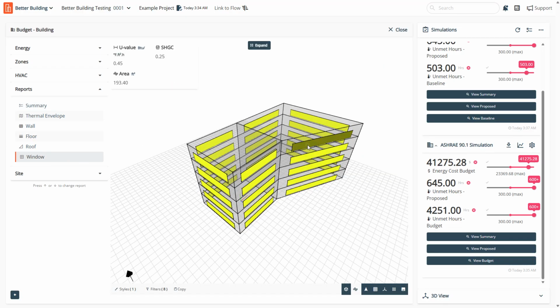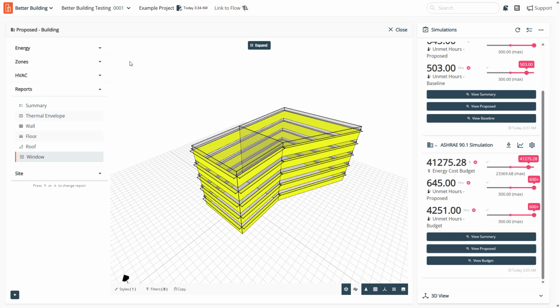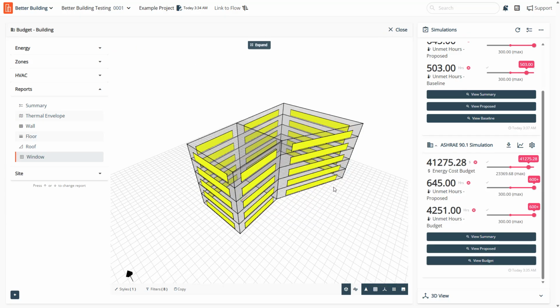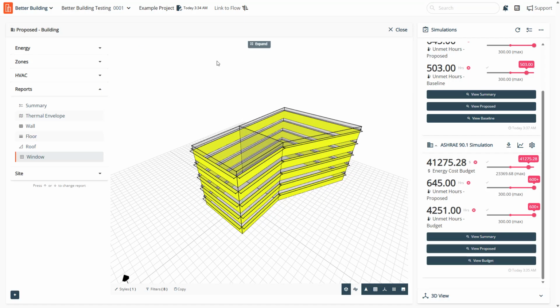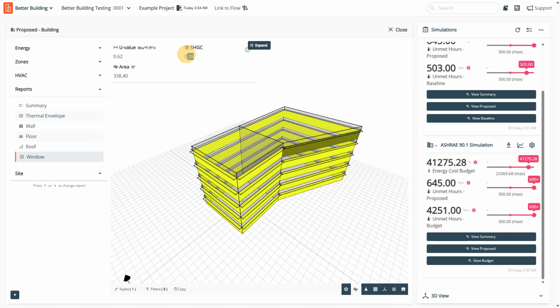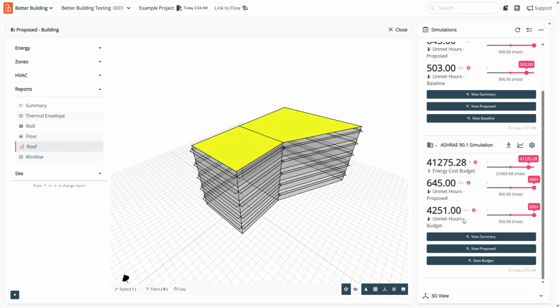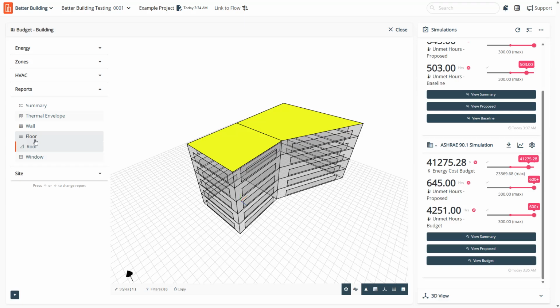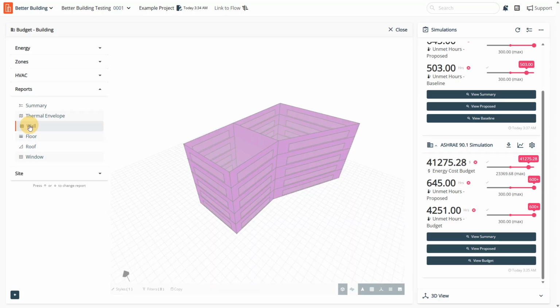We can go ahead and hover over these and we can actually see the values that have been assumed. And probably a big one here is going to be the solar heat gain coefficient, the fact that in this particular climate, that is being driven down to 0.25 in the budget building. That makes it much harder on the cooling side of things for the proposed design if that is sitting at 0.35. But in a similar way, we can go to our roofs, compare those between budget and proposed, floors, walls,